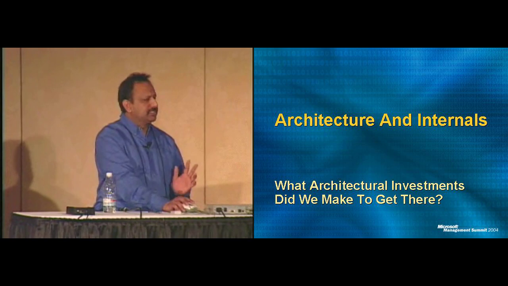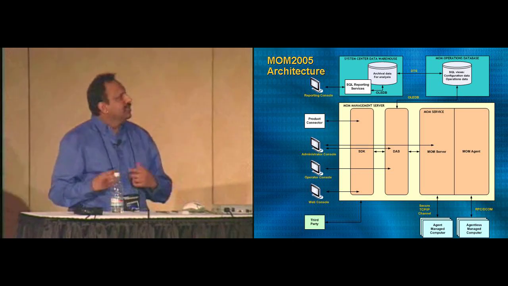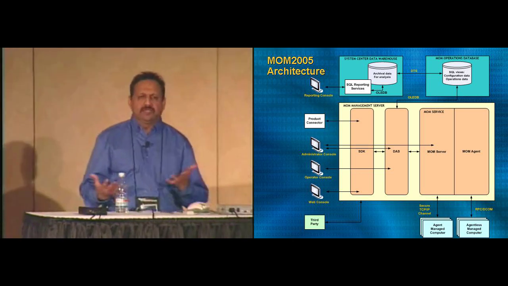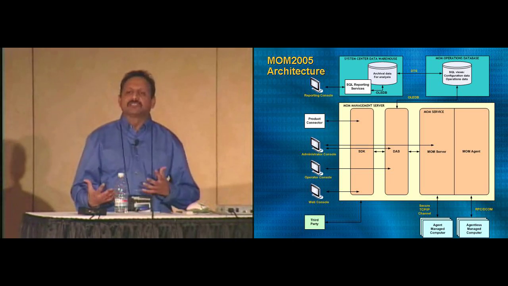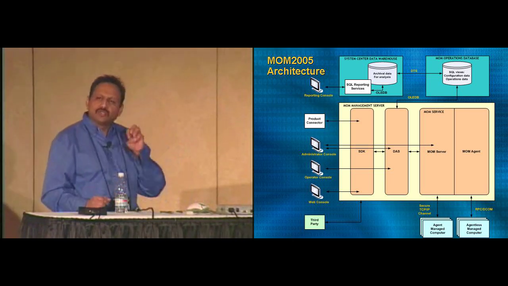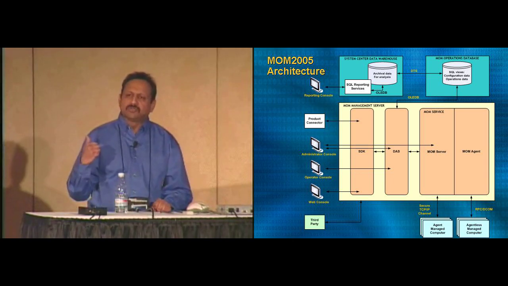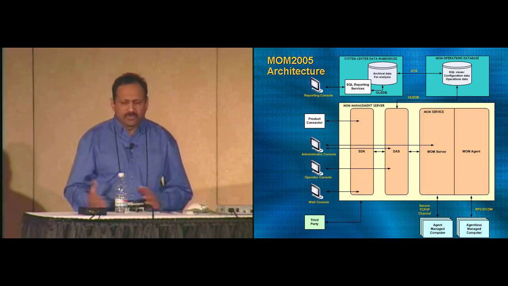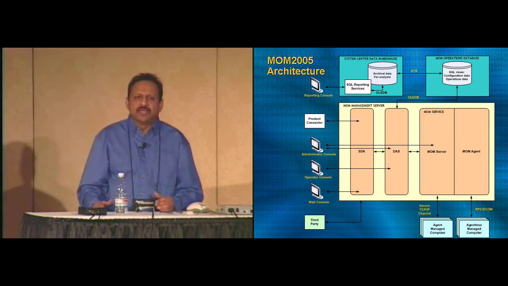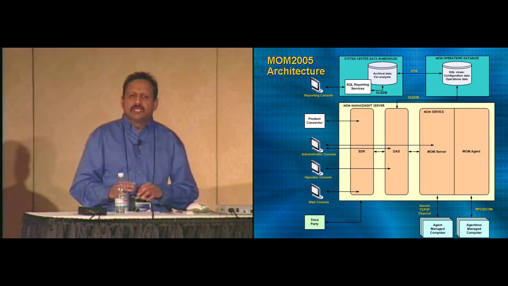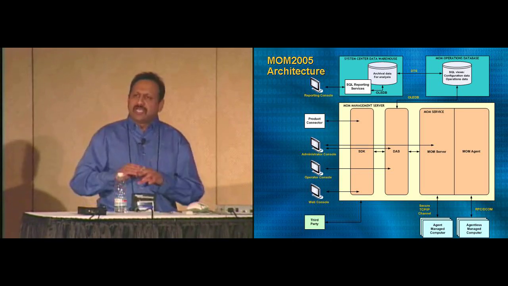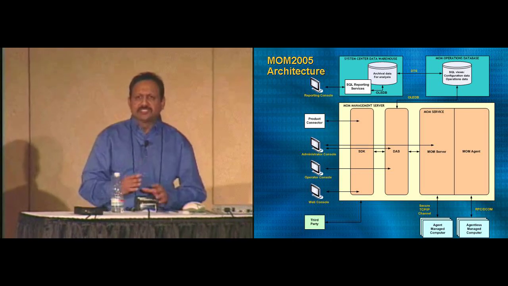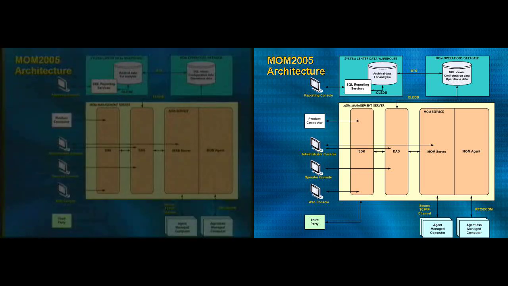So looking at the architecture internals, the first big challenge that you want to take a look at is you've got a ton of data coming in. In OTG here, you have like 200 million events coming in a day, and you want to get to the actionable items up onto the console. And it's not a problem of replication. Even if we had infinite bandwidth, people can't handle that kind of data. We want to stem it at the source, and we want to make sure that the interesting things come across the wire. So the first thing to look at in the architecture is the bottom pieces,